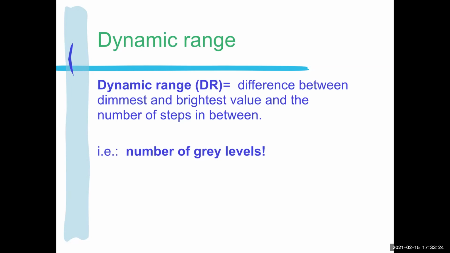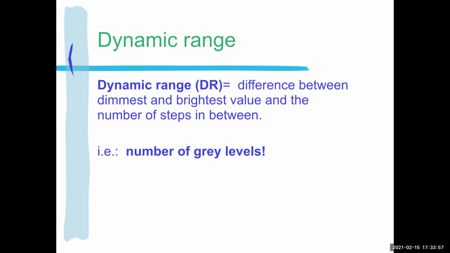The camera you're using will have its own dynamic range, and the idea is to use the maximum amount of gray levels that you can based on your camera. So don't throw away gray levels. You literally paid for them, because the price of your camera depends on its dynamic range, among other things, but that's a big part of the price of it. And imaging cameras go from $5,000 up to $500,000,